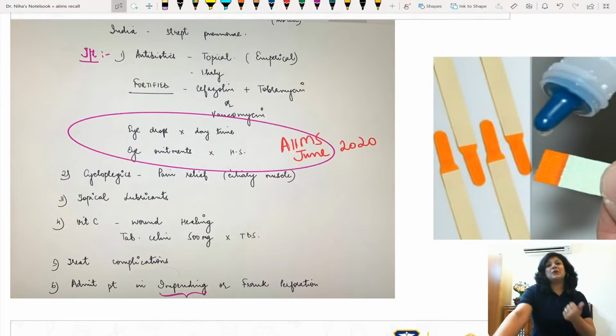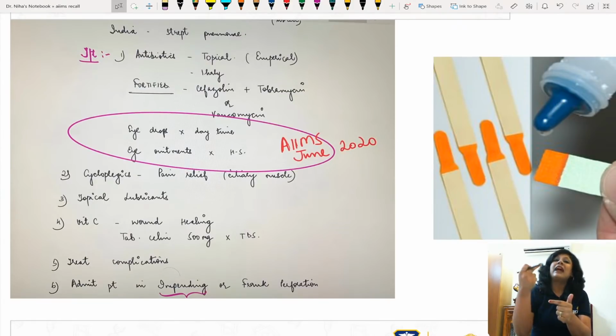Now let me tell you the reason also. The reason is pretty simple. If you see, especially in India, nobody is coming directly, they are taking antibiotic drugs over the counter by themselves, or whatever antibiotic they have at home, they start instilling it. So basically by the time they appear to us, the ophthalmologists, they have actually started one or more antibiotics. I am telling you, one or more antibiotics. Now if I want to send the culture and sensitivity of this patient, that means I will first have to stop the antibiotics for at least 24 to 48 hours, and then I can send the sample.